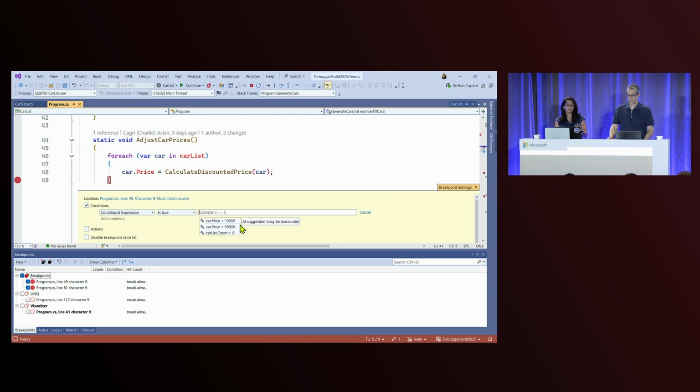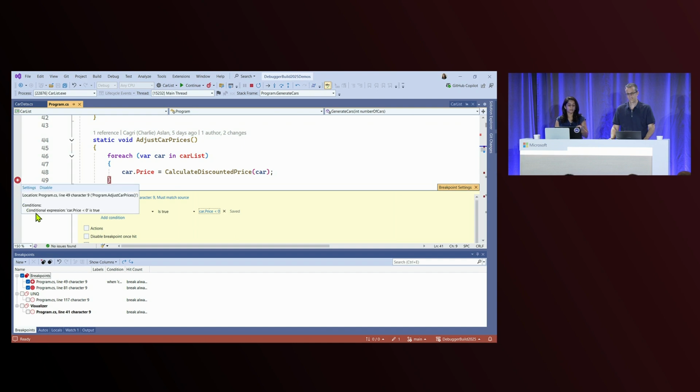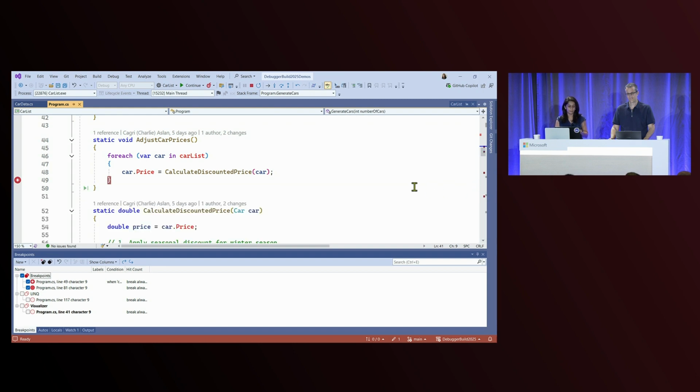Now, in this scenario, it does not exactly give the condition which I needed, but you can always edit what you want. I still feel that even if it doesn't give the exact condition you want, it's really nice to have some suggestions so you know how to start, or you can have some ideas, or you can just know what syntax you can use. Now, if you see here, my breakpoint is now a conditional breakpoint with the help of Copilot. I added the condition with the help of Copilot.